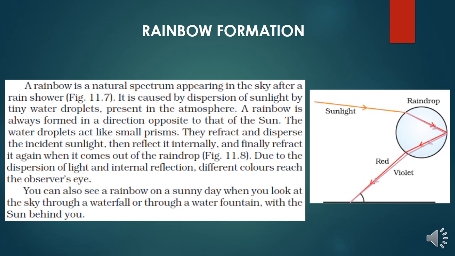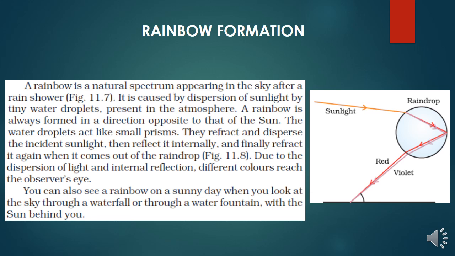So if you want to see a rainbow on a sunny day, जब शावर नहीं हो रहा है, रेन नहीं हो रहा है, तो भी ये पॉसिबल है. हाउ? You can also see a rainbow on a sunny day when you look at the sky through a waterfall or through a water fountain. तो अगर आप अपने घर के गार्डन में खड़े हैं और आपके पास पाइप है जिससे आप पौधों को पानी पिला रहे हो, तो if you make a fountain of that, उसे एक शावर जैसा आर्टिफिशियल क्रिएट करोगे और ऐसे खड़े रहोगे कि सनलाइट आपकी बैक साइड पे है, then you will be able to see the rainbow.